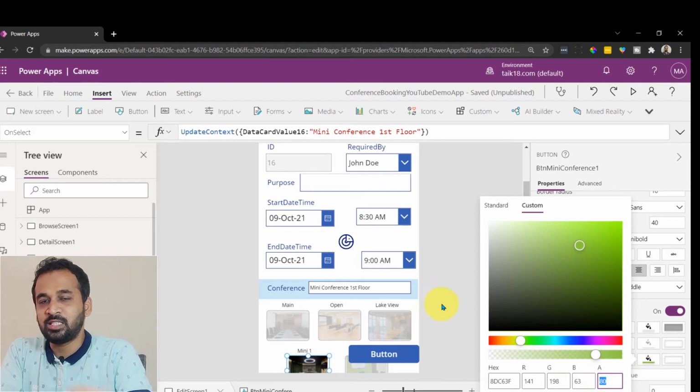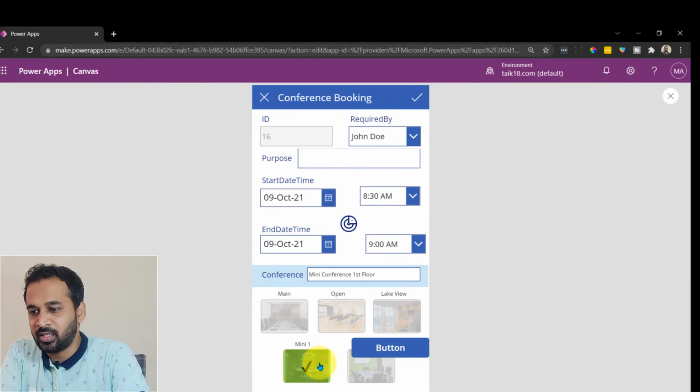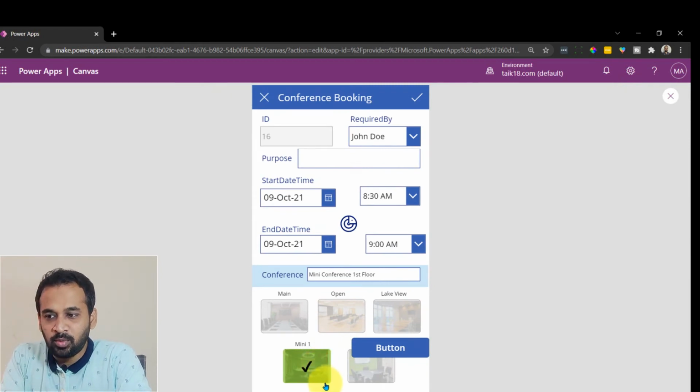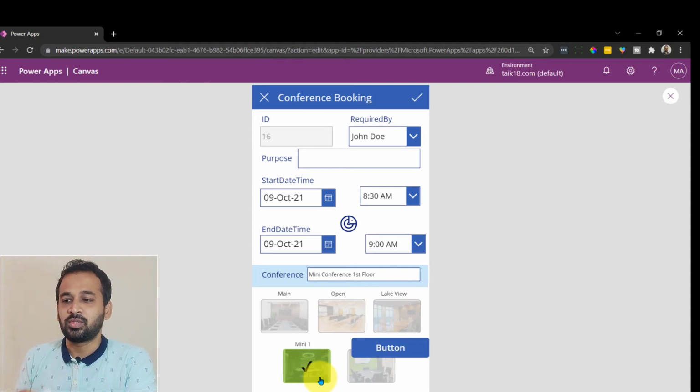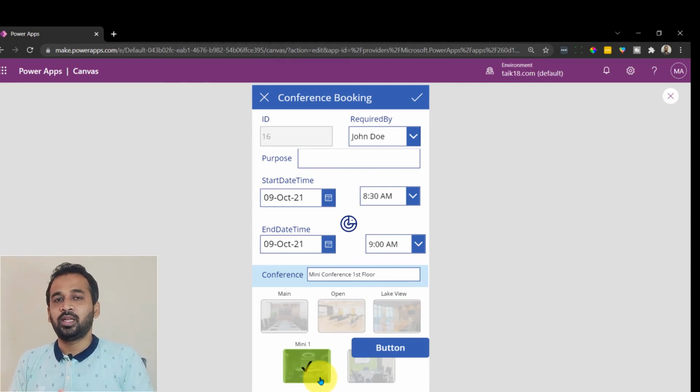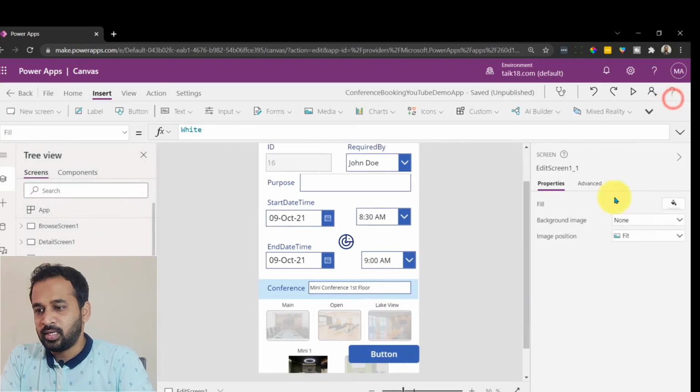So that's the reason when it is pressed, it will give you 80% of the transparency color, because if you click here, even if I mouse over here, I am able to see the background image of it. That's because of the 80% transparency, right? If I set it to 0, then it will not show the image, it will just hide whatever it is.